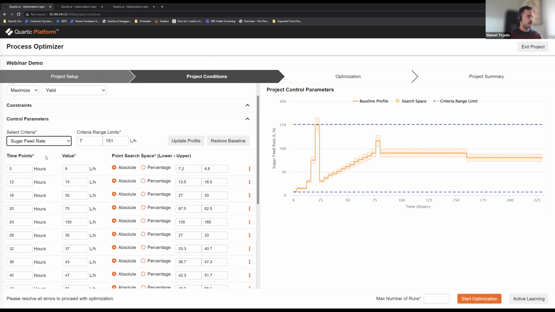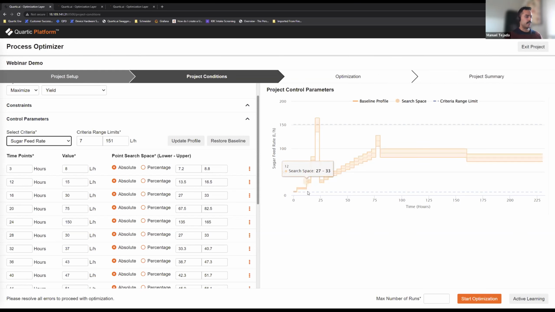One thing that I want to note, this client that we deployed this for is actually in the process design phase. So all they have is the known, acceptable ranges of their control parameters. They have their SME knowledge, so they have an idea of what a correct recipe will look like. And they have output specifications that their product must achieve. So this optimization application is actually going to do two things. First, it's going to find a suitable recipe to meet those output requirements. And second, it's going to further optimize that.